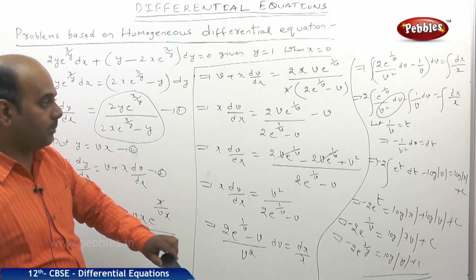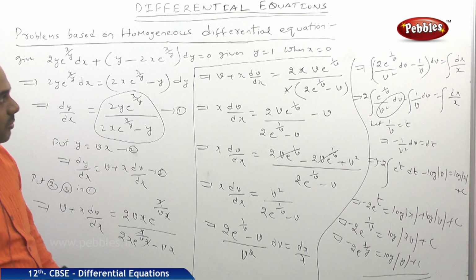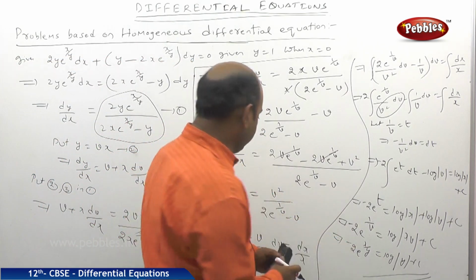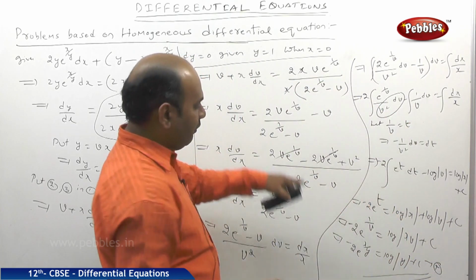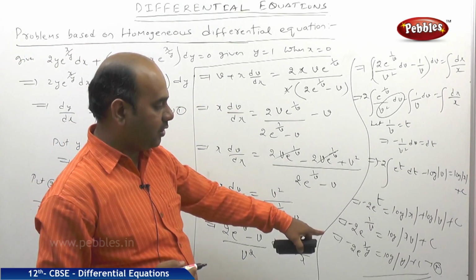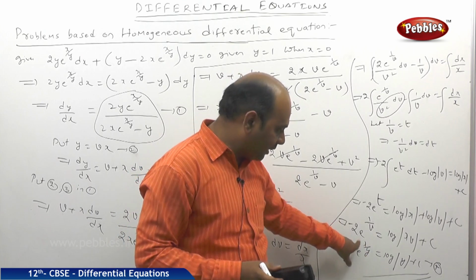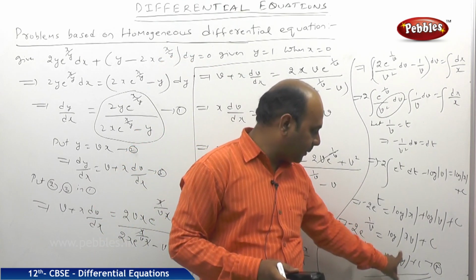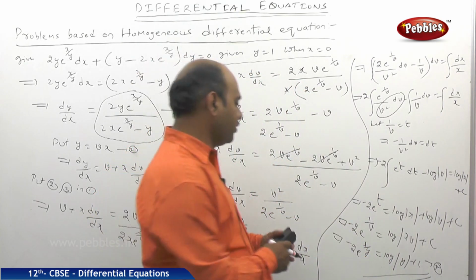But still the problem has not been finished. Why has the problem not been finished? He is asking, when x is equal to 0, if I call this number 4, when I put x is equal to 0, we need to put y is equal to 1. So when x is equal to 0, what happens? The left hand side will become 0. And when y is equal to 1, this particular part will also become 0. Therefore finally c becomes 0.